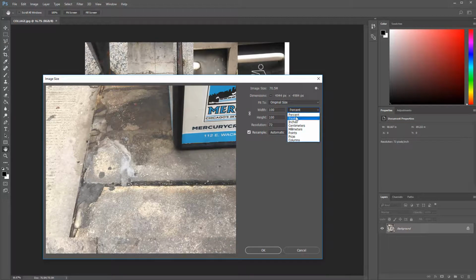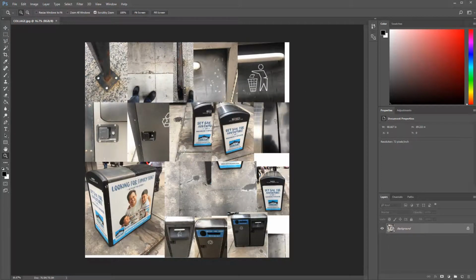Let's see here. Go to pixels. It's about 5,000 by 5,000 roughly. So what do we do here? As we're about to put in our base layer for these pieces, now, you have to make a decision in here. What do you want to do with